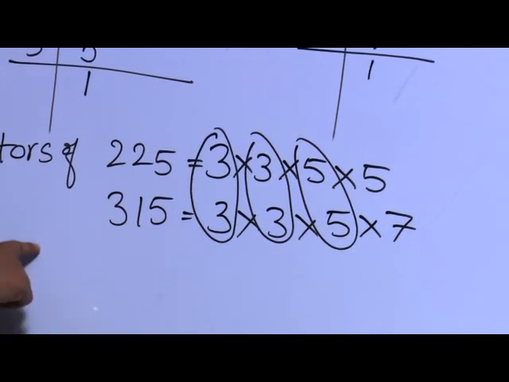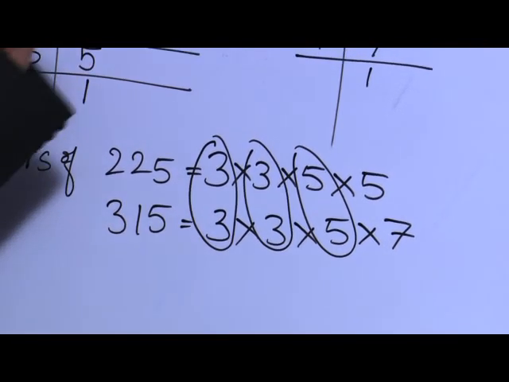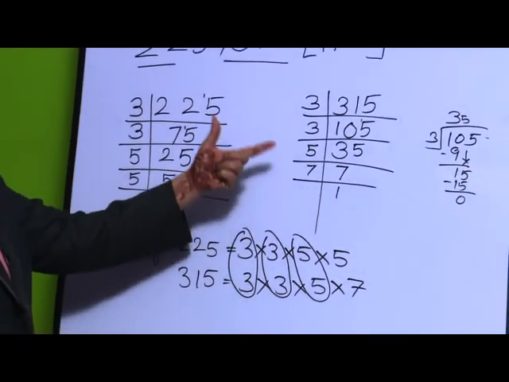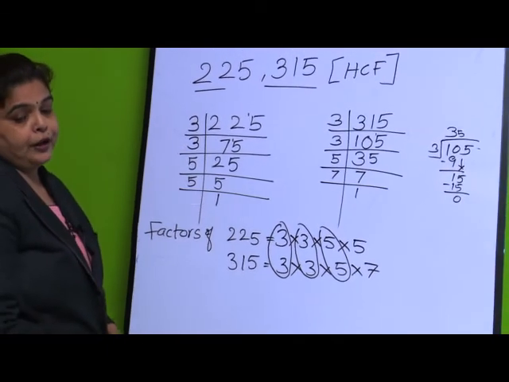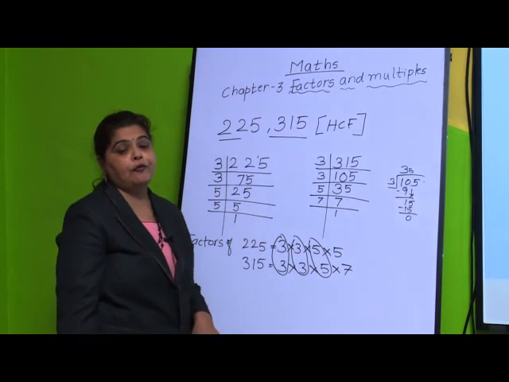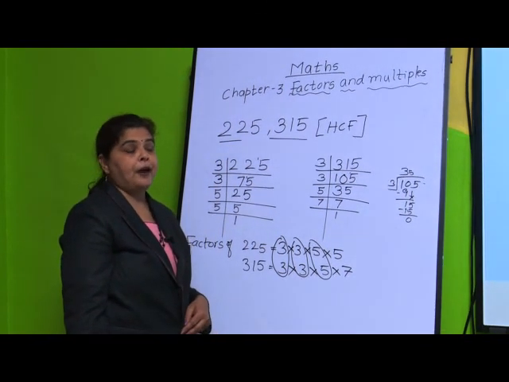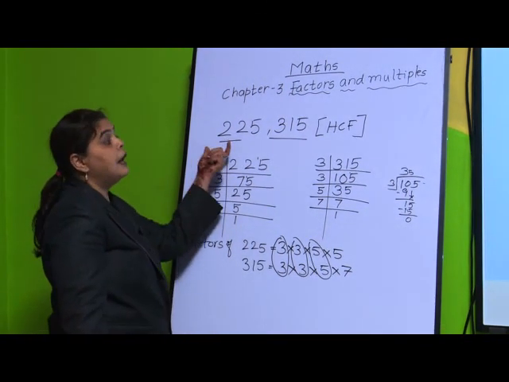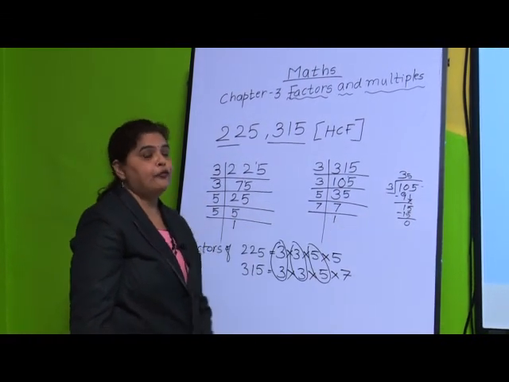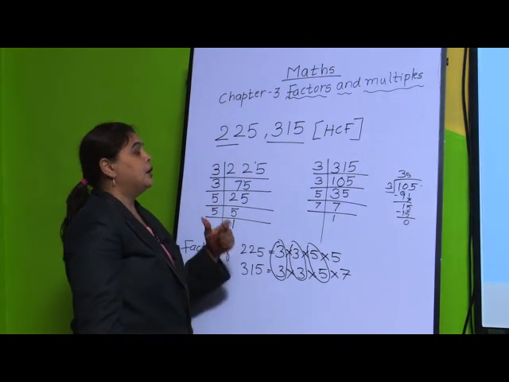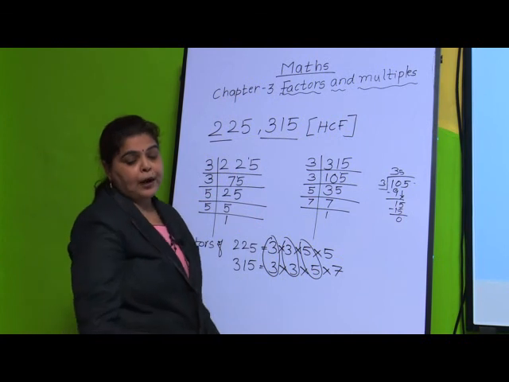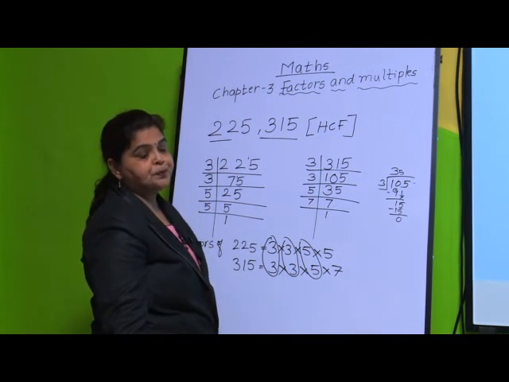So in this way you have to solve, and you can do the rough work with a pencil, and we can find out the factors of it. I think, my dear students, everyone understood how to find the factors by the prime factorization method with a large number. If it is a large number, we have to go for rough work, and you can find out the divisibility rule with that also, and you can find out by doing the division also.